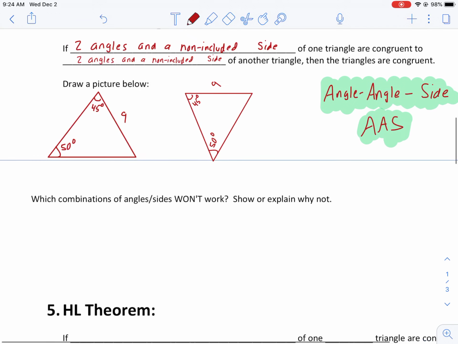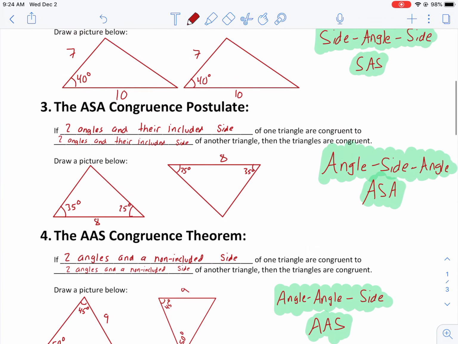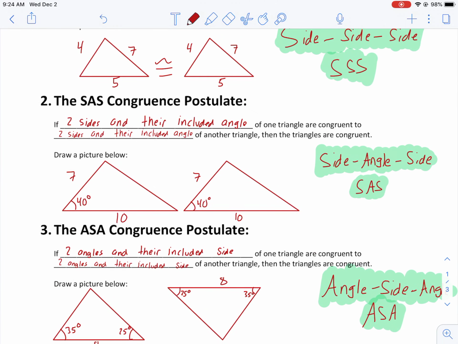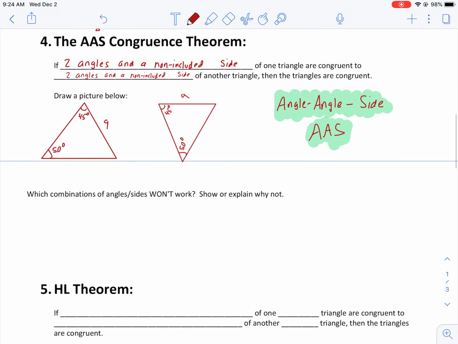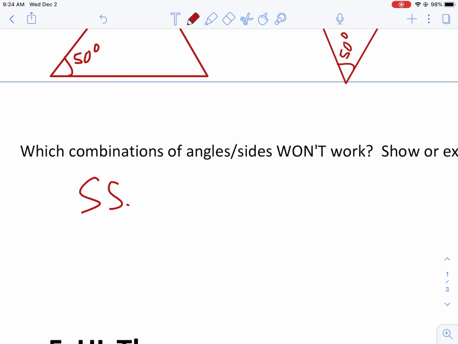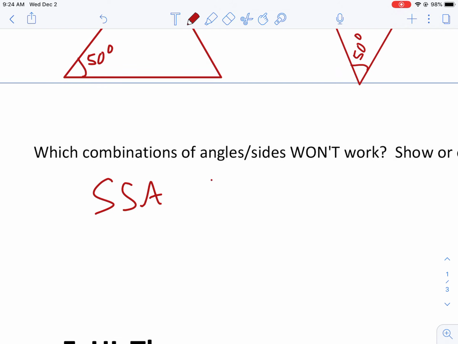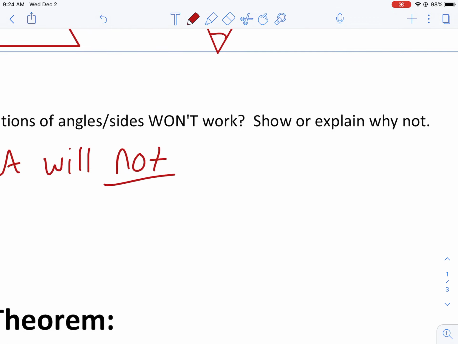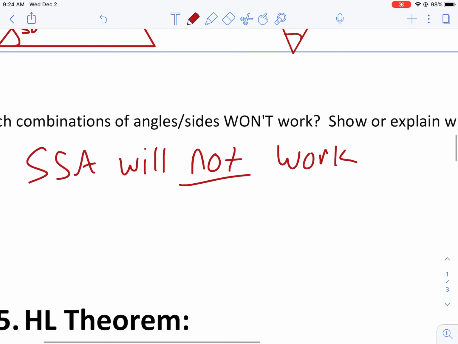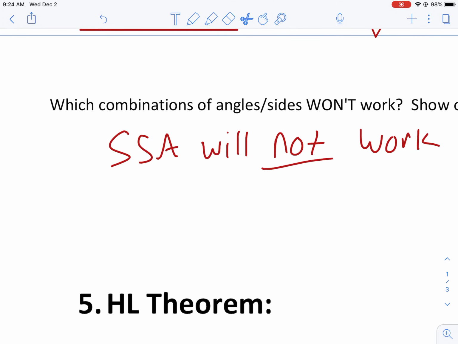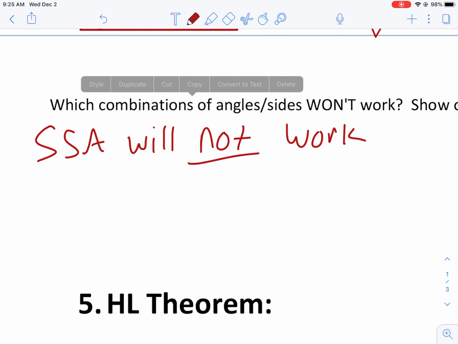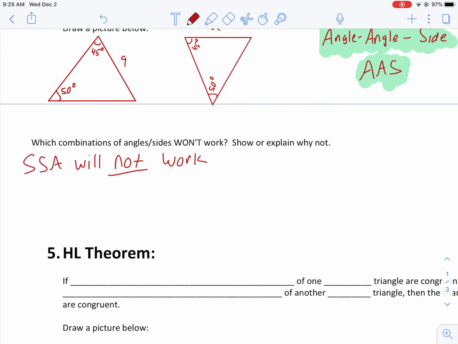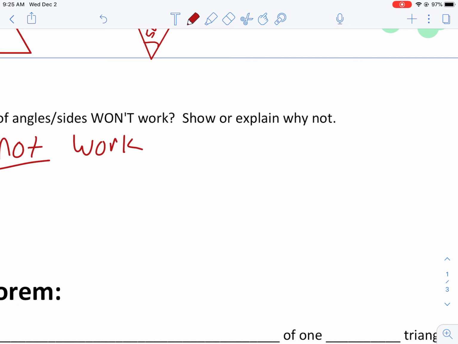So what doesn't work? Which combination of angles and sides won't work? We've got SSS, SAS, ASA, AAS. The one that will not work is side side angle. Side side angle actually won't work, because if you have 2 sides and an angle, there's actually multiple triangles that you can get from that. So I'm going to try and draw